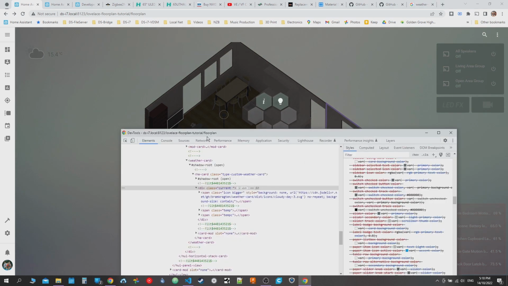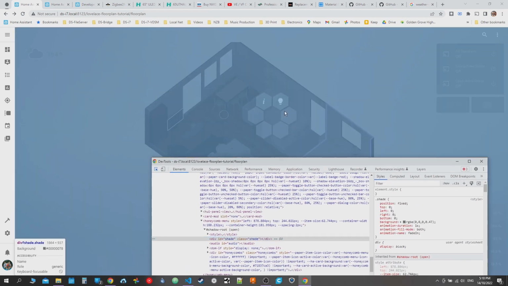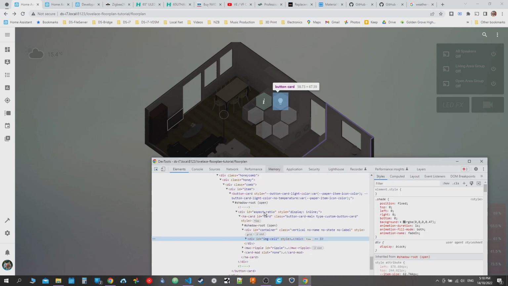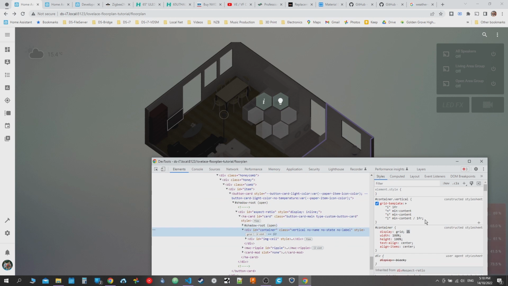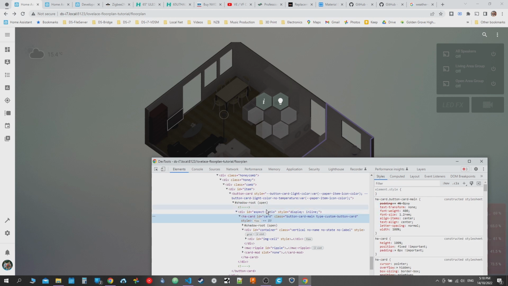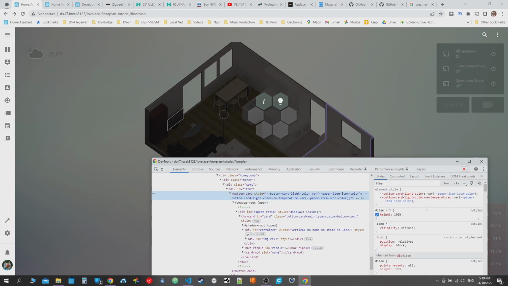Let's go to inspect. And let's click on the icon container. Look for the background. It's been a while since I've used or edited these cards. So you've got button light color. We can change it here, paper item. So if I go, let's say linear